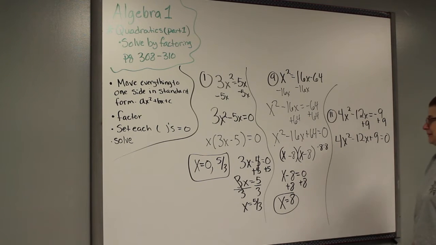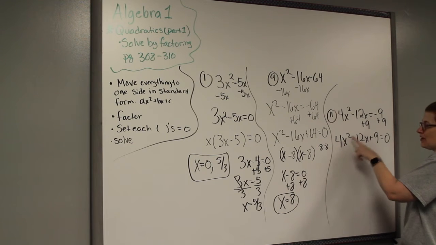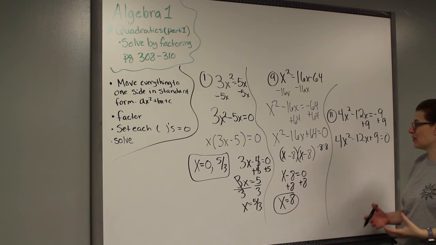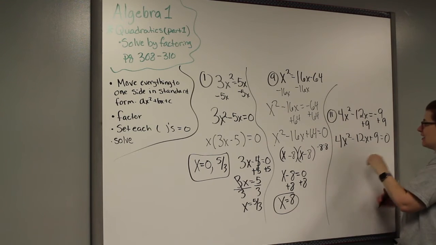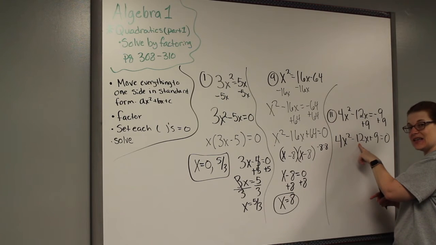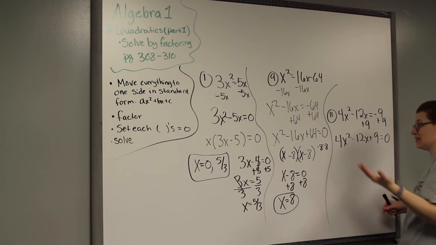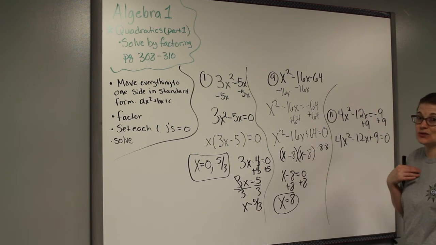Okay? Now, 4 is a perfect square, x squared is a perfect square, and 9 is a perfect square. So this could be a perfect square trinomial. If it is, if I took the root of this, which would be 2, the root of this, which would be 3, and I multiplied those together to get 6 and doubled it, if it equals this, then it is a perfect square. So I don't even have to do it hard trinomial,